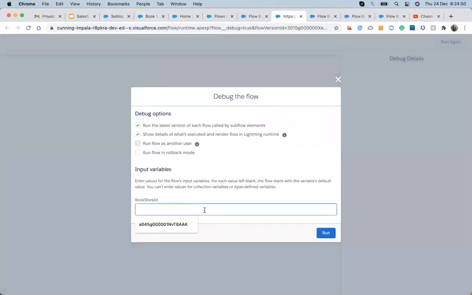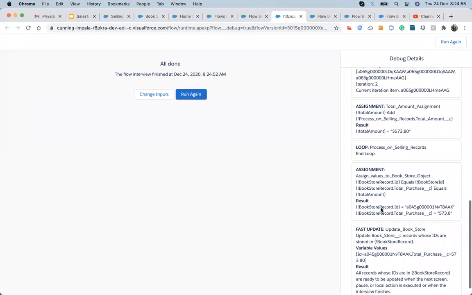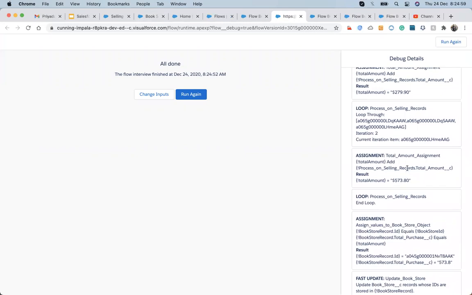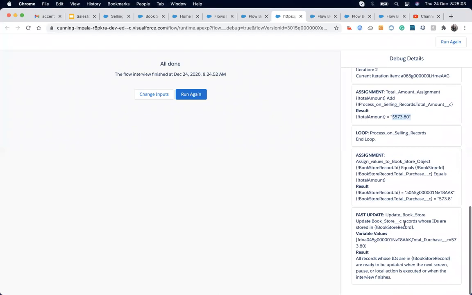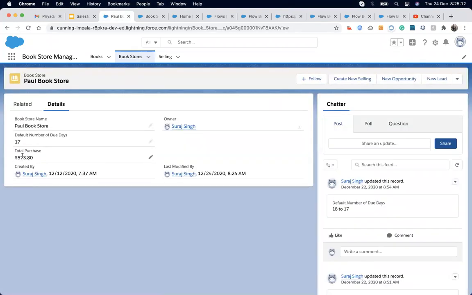Let's put the record ID again and hit run. Yeah, I forgot the callback thing. I just call back and it's calculating that amount and then it does the update. Let's check whether it's updated over here or not. So I'm going to Paul Bookstore and it's showing that it got updated.